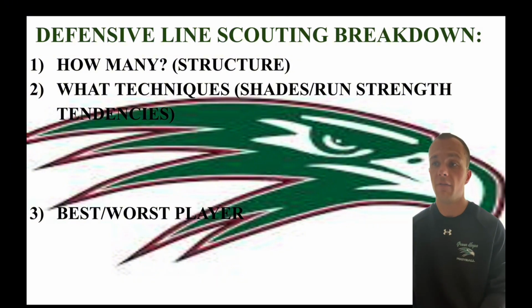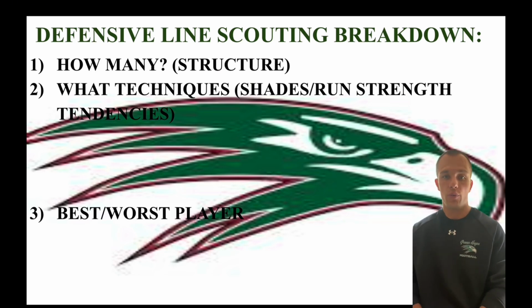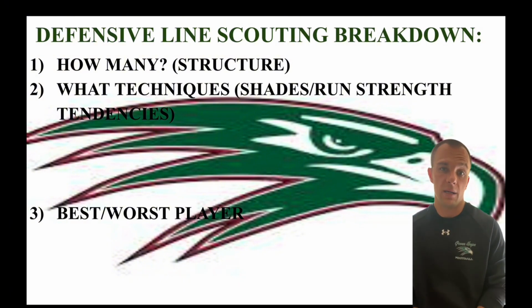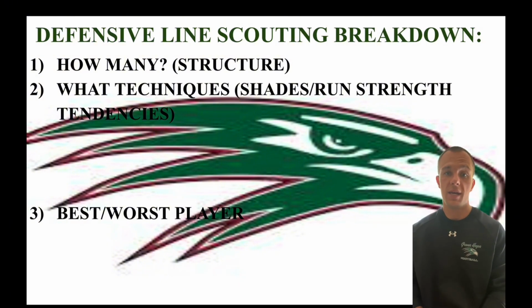So it's one of those things, especially if you're getting to a 3-man front, of, hey, is it the nose? Do we need to read him, or is it one of the 4 eyes? It's knowing who your best and worst player is. Is there a way that you can get your best on their worst, and make sure that they can't get their best on your worst? And are they trying to hide somebody? And is it somebody that we can run to, and is it advantageous to have a tight end or an H-back type of situation? So that's what we do for our defensive line scouting breakdown.